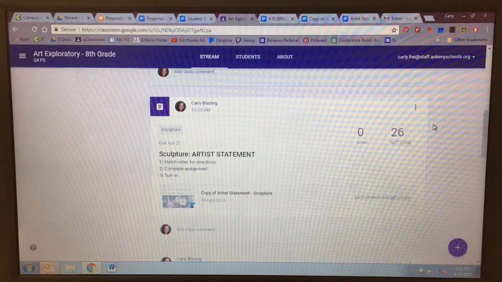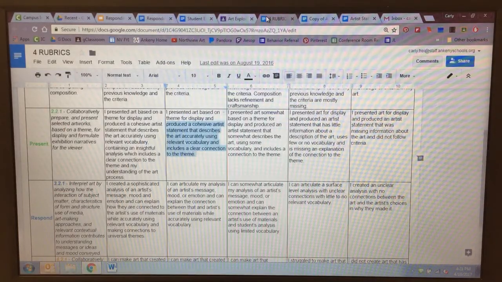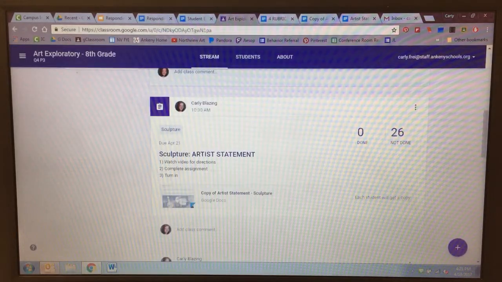This video is going to explain how to create your artist statement. We're first going to look at the rubric, and this rubric is on page 11 in your packet. I'm going to read the meeting for the present rubric. We're skipping the top part because we're not officially displaying this. I produced a cohesive artist statement that describes the art accurately using relevant vocabulary and includes a clear connection to the theme. In the Google Classroom, you will find the attachment that you will be typing in for your artist